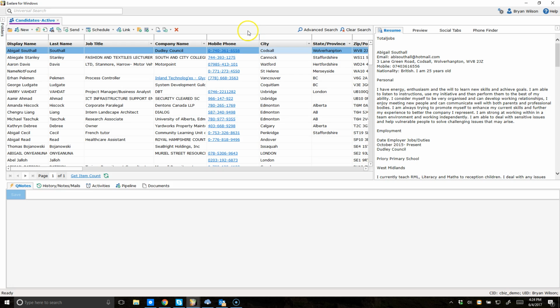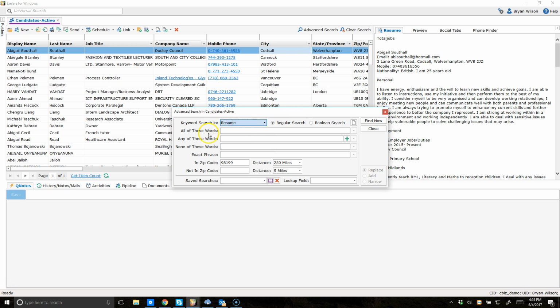It's now even easier to search inside of Exelare using zip codes. I'm going to show you a new feature we just released. If I click on Advanced Search, now in addition to being able to search on zip codes and radiuses from